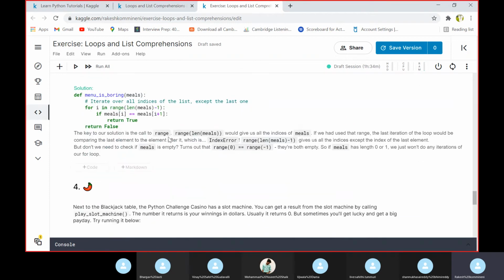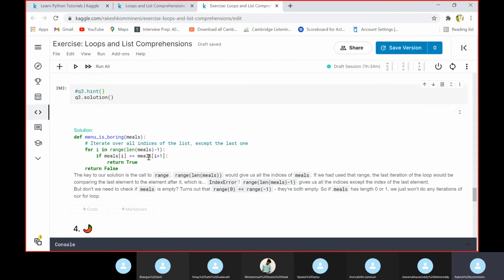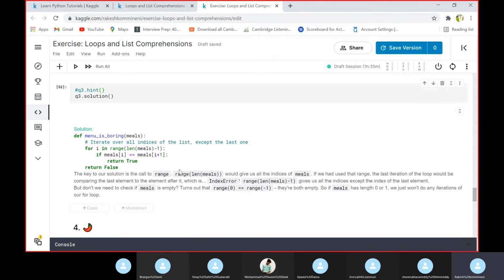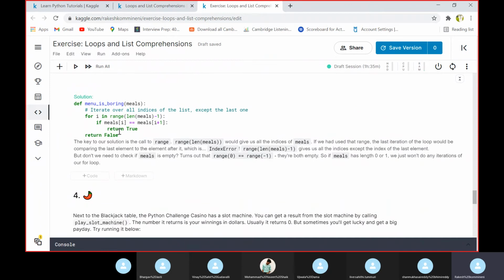So we are checking with the index value if meals of i is equal to meals of i plus 1, which is nothing but the next day, next index value. If this condition is satisfied, we return true, otherwise false.